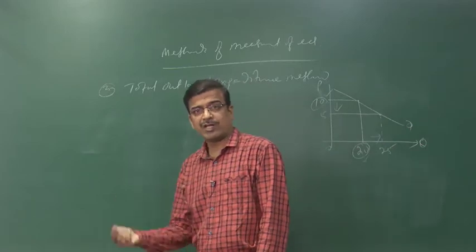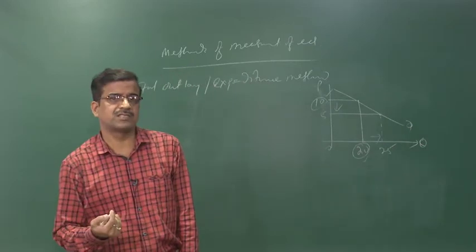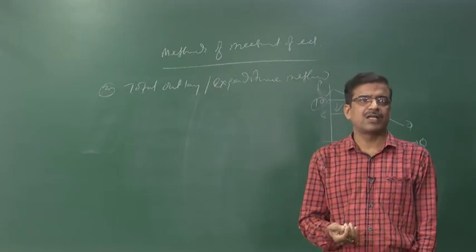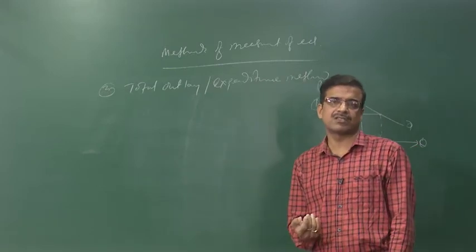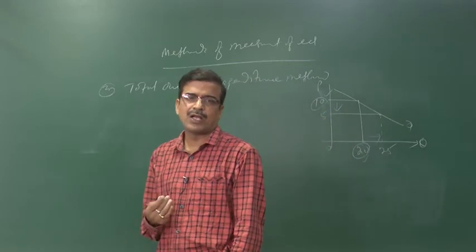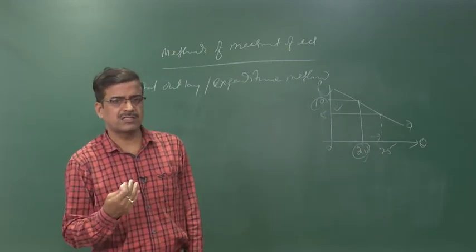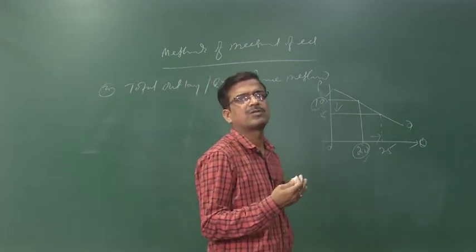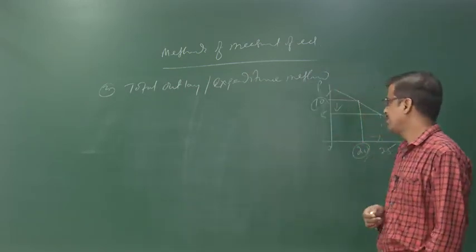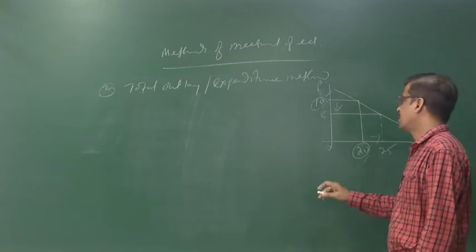Now, we already know how to calculate the elasticity with the help of the percentage method, as well as the midpoint method, or the arc method. Now, how to calculate the elasticity with the help of the total expenditure method, that is called the outlay method. Okay, tell me, at rupees 10, what